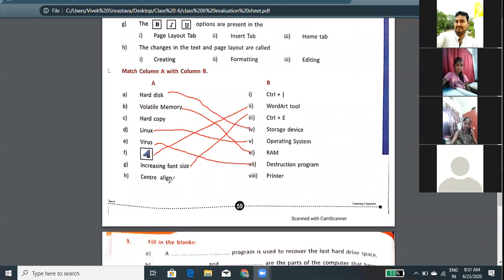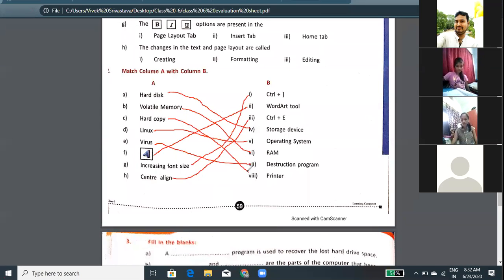Now number H, center alignment. Increasing font size is Control plus this one, number 1, and center alignment is number 3. And hard copy is the printer.